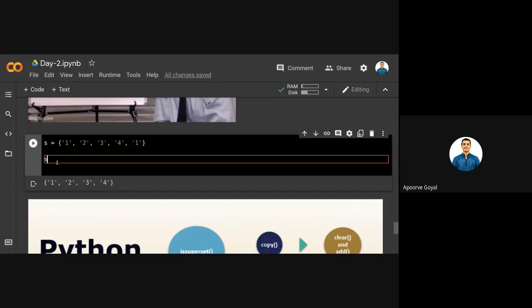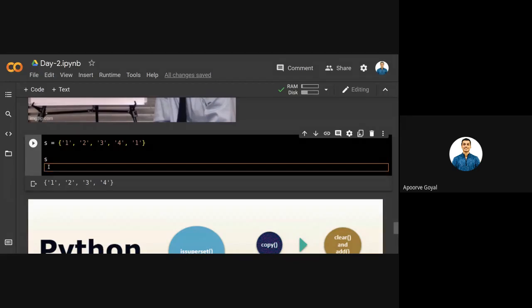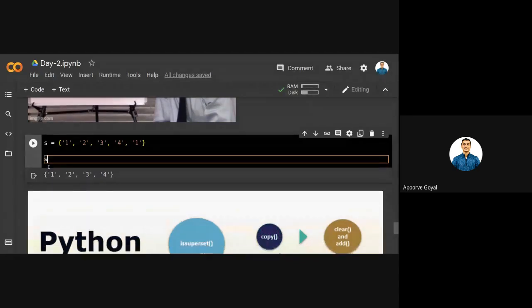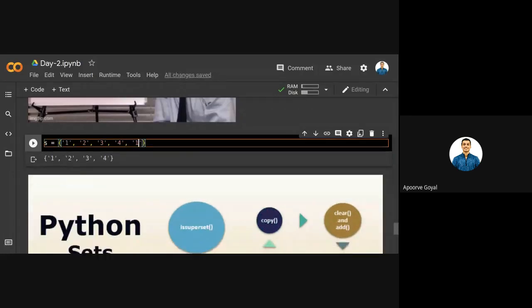Why? Because it's the property of a set that it contains a value only one time. It can't contain that particular value more than one time. So this is the main concept of set. You can also use different data types, so suppose you use 23.